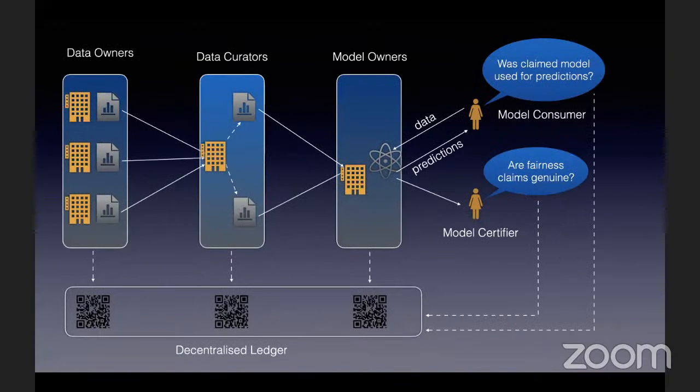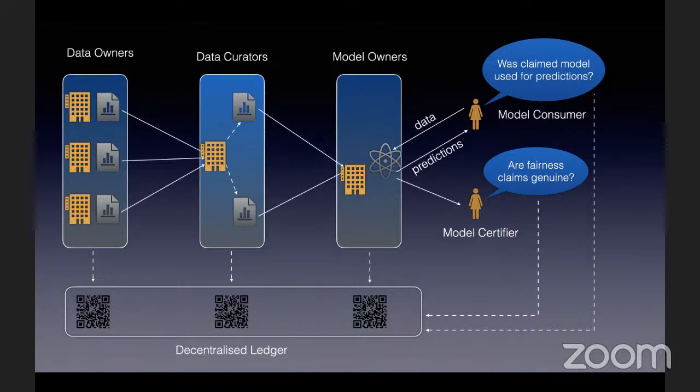This is roughly the four-way split that I described in the earlier slide. On the extreme left, we have data owners who are, in some sense, trusted sources of high quality data. For example, in the medical domain, these might be hospitals who have clinical trial data, or in the financial domain, these might be banks which process loans. So you may have data on loan approvals, loans being granted.